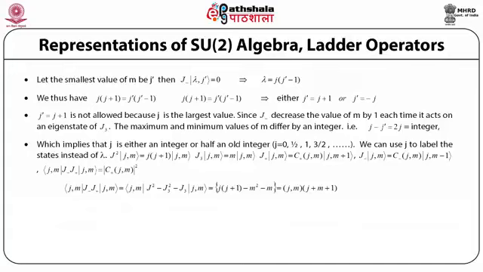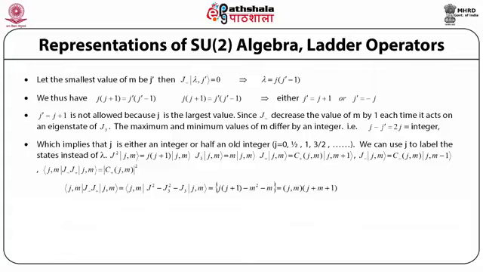So what happens to J plus acting on jm? The way we have defined it, J plus acting on the state jm is equal to c plus jm times a state, and what does J plus do? J plus increases the value of m by 1 unit. So it takes the state jm to the state j, m plus 1. And likewise, J minus acting on jm takes the state to a value of m which is 1 unit lower. So J minus acting on jm is c minus jm times the state j, m minus 1.